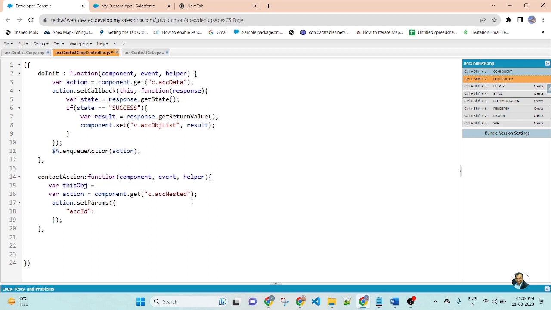This OB is equal to event dot target dot ID. It will return the current ID of the row. This variable will be passed here. After set params use set callback, action dot set callback.